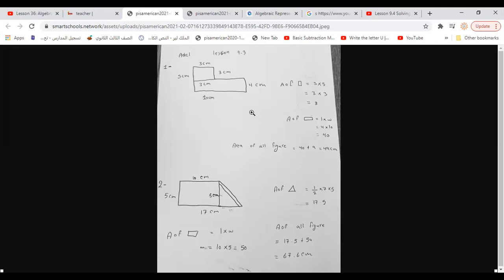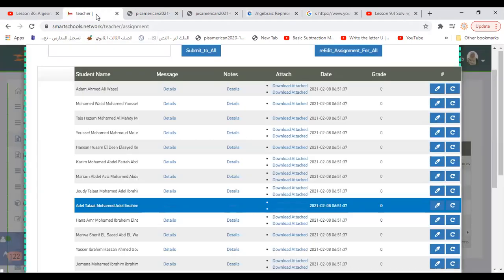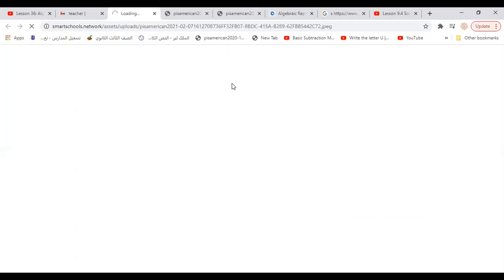Okay? So I'll go back to Adil again. Adil, you wrote at the top 3 times 3 equals 8, and then you wrote 9. So please be careful about what you are writing. The second figure, we divided into two parts. It becomes which one? A triangle and